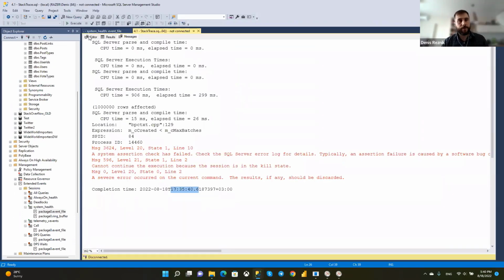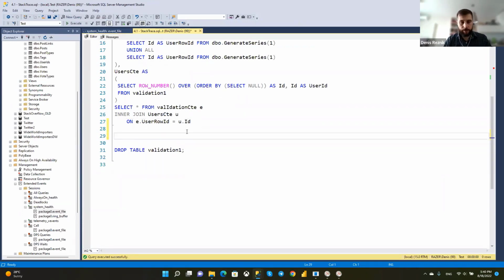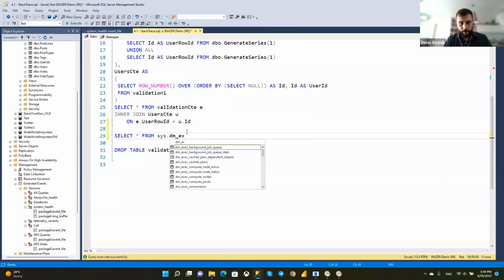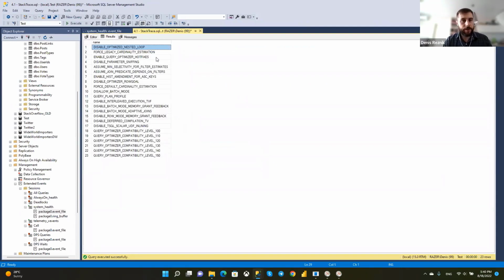Based on this analysis, I found that the issue is happening because of batch mode, and I tried to switch it to row mode. With sys.dm_exec_valid_use_hints, you can see the additional hints which you can use in SQL Server, starting from 2016.